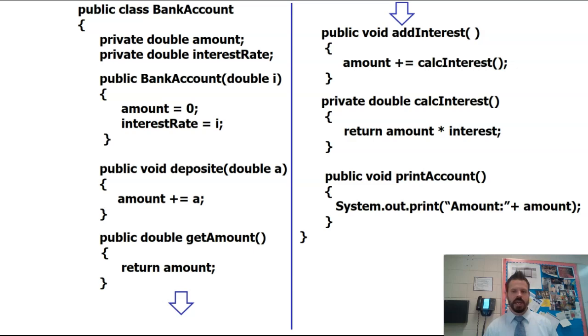So let's take a look at a simple class called bank account, which is meant to model a bank account. Okay, we've got our instance variables at the top. Looks like a bank account object will store an amount, as in amount in the bank, as well as an interest rate. Next we have our constructor. Okay, and I can tell it's a constructor because the name bank account is the same as the name of the class. And then the rest of this class is made up of 5